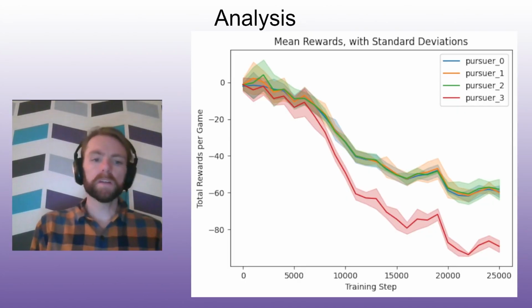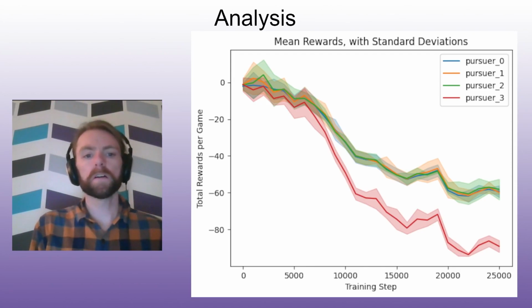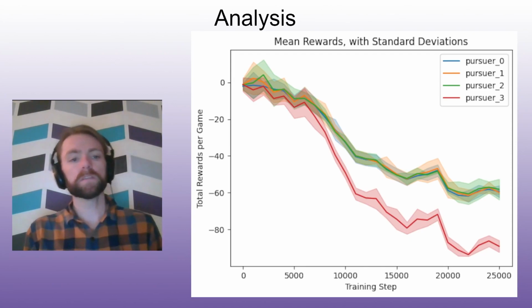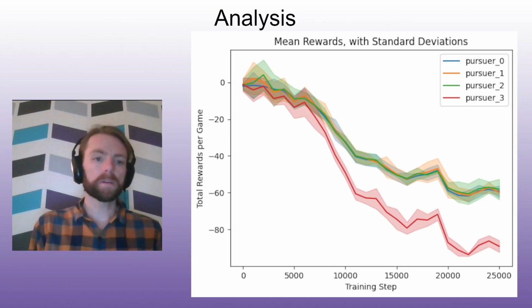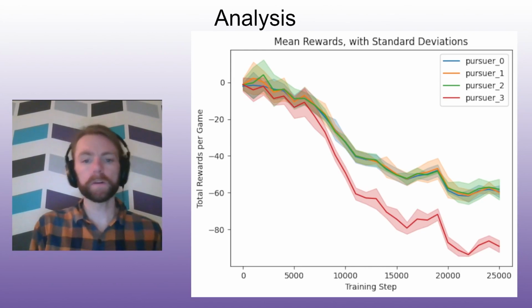And here we see the mean performance, as we showed before with the single agent, for these four agents. And over time, as they're training, their performance actually continues to get worse. This is something that can happen if you end up in a situation where it can't find a policy that works in any sort of real way, and it just fixates on one and continues to move forward.